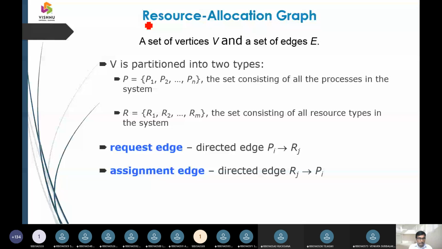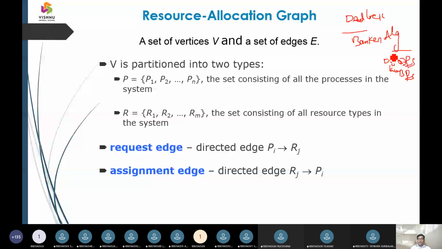So deadlocks work on Banker's algorithm. This is going to work with Dijkstra's, that is shortest job first, depth first search or breadth first search. So Dijkstra's algorithm.